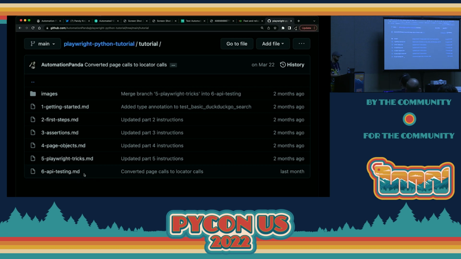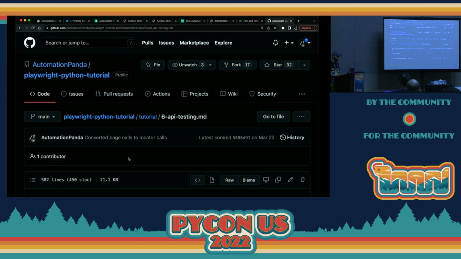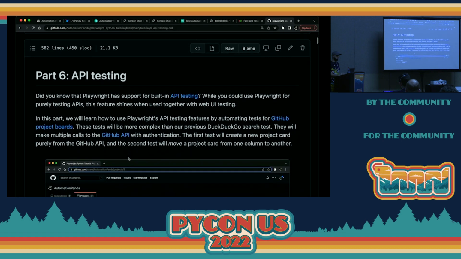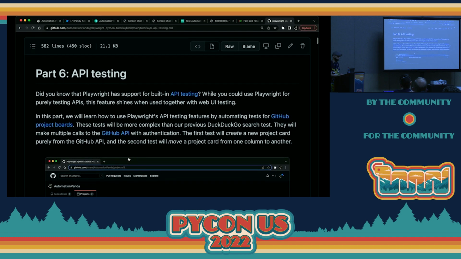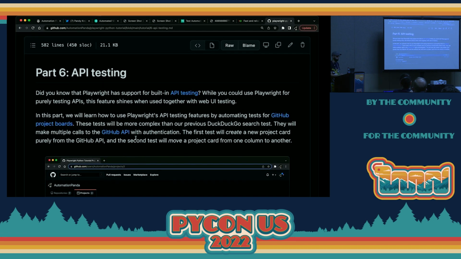And the 6th chapter covers API testing. Another really cool thing about Playwright is that you can do API testing as well as web UI testing. It has the ability to make requests and parse responses baked into Playwright. In Python, I'm fairly certain it uses requests under the hood, but it's still nice to have all that context within Playwright. And so what I would encourage you to do as a homework assignment is to complete part 6